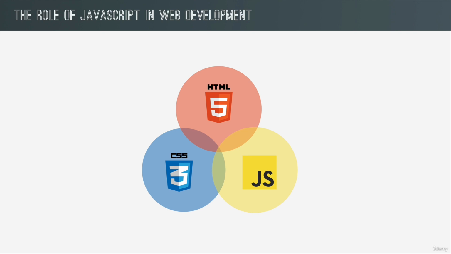Now, the HTML is responsible for the content of the page. So the text, the images, the buttons, and all the content that you see on a web page is always written in HTML. Then the CSS is responsible for the presentation of that content. So basically for styling and for laying out the elements on a web page. And then finally,